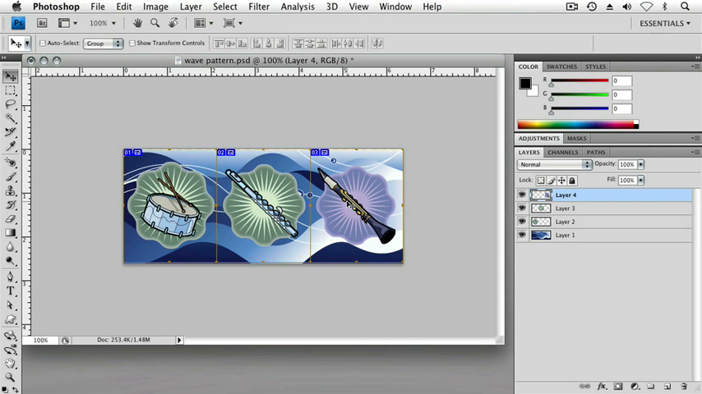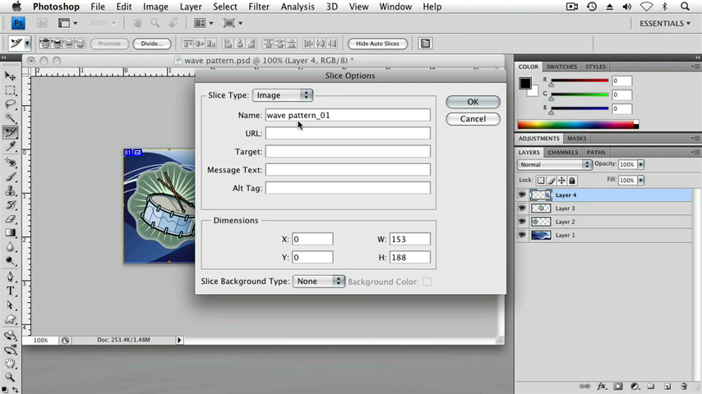Now, to continue on, I've created the slices, but I really haven't done anything with them. If I choose my Slice Select tool and I click on each one of these, each one can have its own attributes. So like for instance, I can take this first slice and I can click up here in the options. Photoshop comes up with a default name based upon the file name. I can type in a URL, like for instance, maybe when somebody clicks on this, I want them to go to